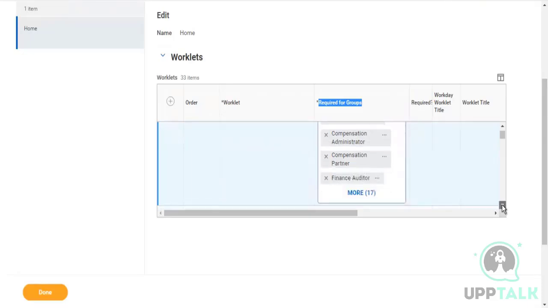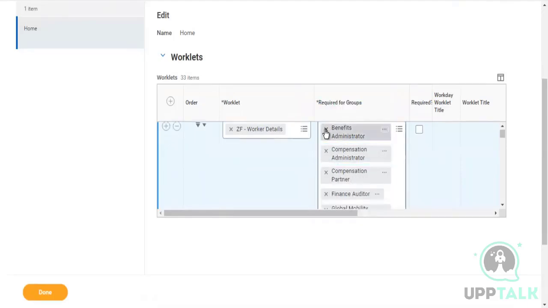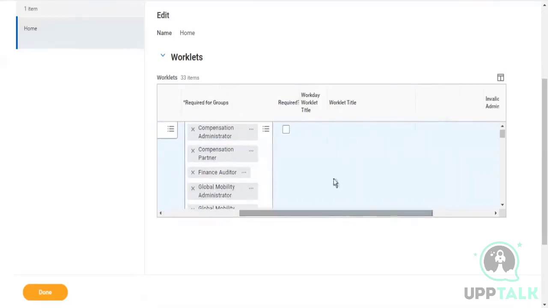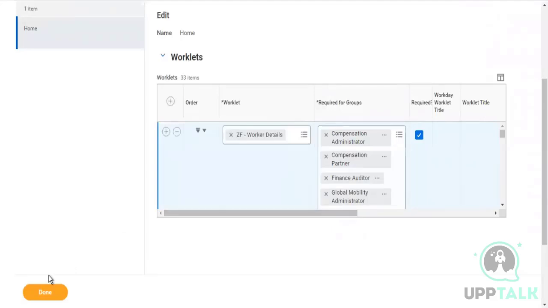Now this is where again I can specify which of these security groups should still have access to this, or I can go ahead and remove them, right? And then I can configure whether it is a required or an optional worklet, right? And now when I go in here,